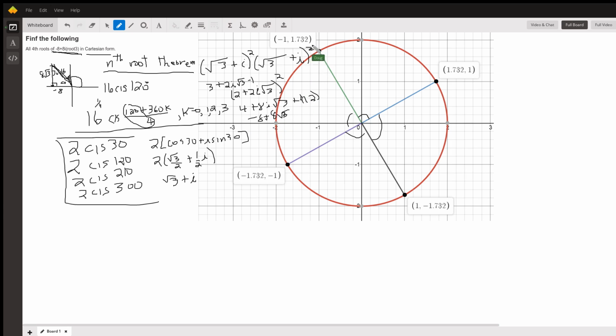Okay, and these points here, this is like the radical 3 plus i. This would be negative 1 plus i radical 3. This would be negative radical 3 minus i, and 1 minus i radical 3. Okay, there you go. Hope that